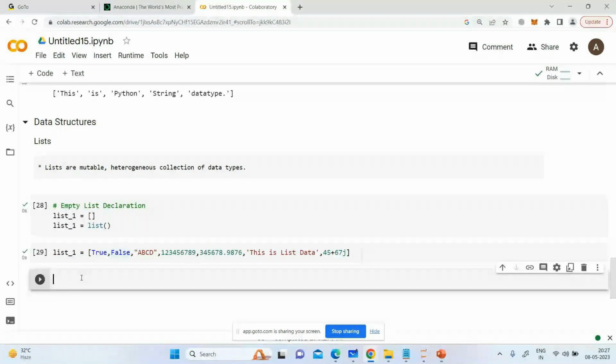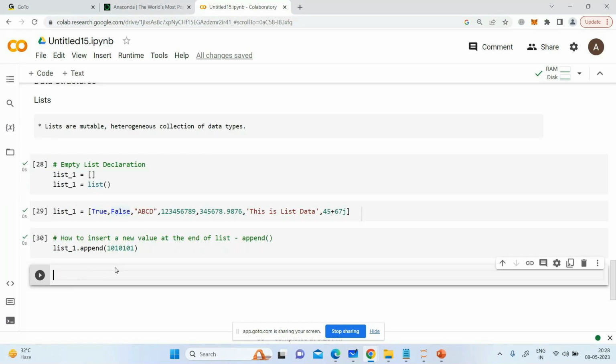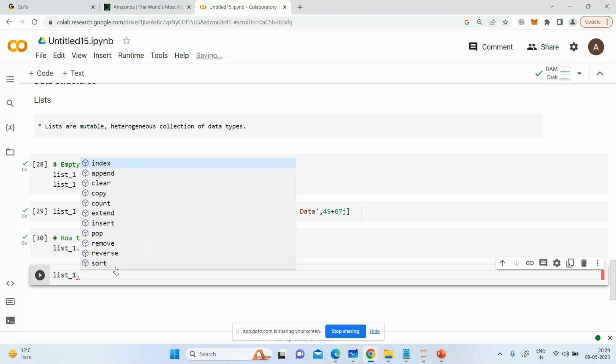How about if I wanted to insert a new value at the end of the existing list? Answer is using the append function. We start with list1 dot append, and let's write here 10101. Next method, list1 dot append method is there,